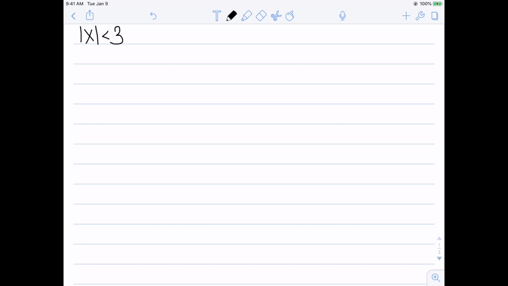Well, we know that numbers less than 3 like 0, 1, and 2 will work. We also have some negative numbers like -1 and -2 will work. However, smaller negative numbers aren't going to work. The absolute value of -4 would be 4, which is not less than 3. So we do have a cutoff for how low we can go. And this list right here is absolutely not all of the solutions. We also have 1.5 and 2.789, etc. But it does give us a general idea and a place to start,